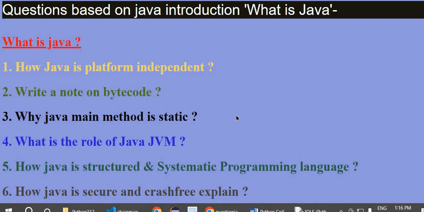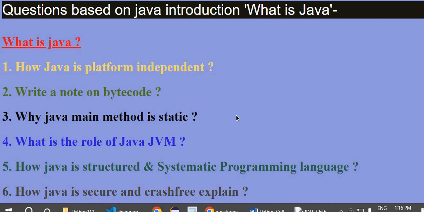When that object is no longer needed, it will be destroyed by the garbage collector. When that object is no longer in existence, your main method will also go.